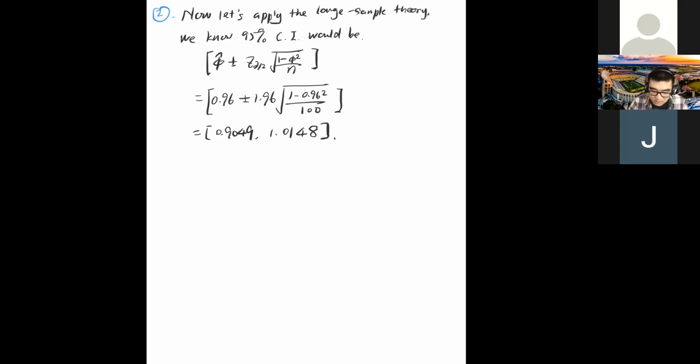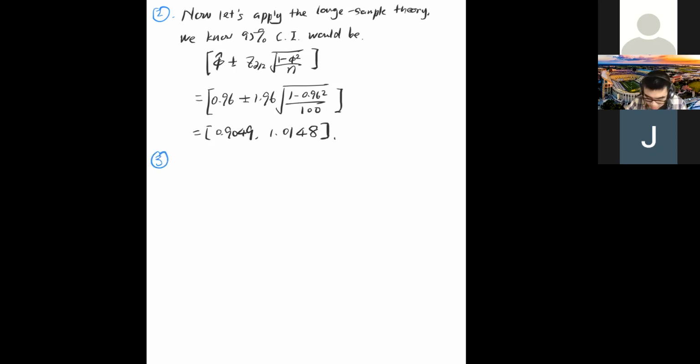And the third reason that might be causing this 95% confidence interval not reliable is that the AR coefficient is like 0.95, which is actually very big. So it's almost at the stationary, non-stationary boundary, right? The non-stationary boundary is 1, but here what we pick is 0.95. It's pretty close to that non-stationary cutoff point. So you can see all these reasons might cause this large sample theory of the 95% confidence interval not reliable. Okay, so